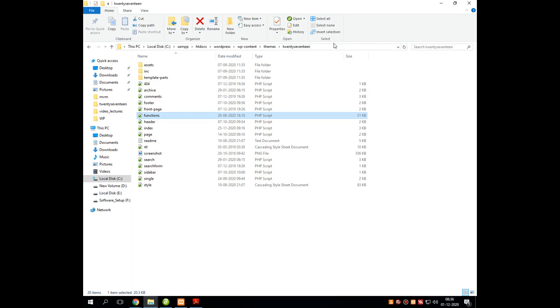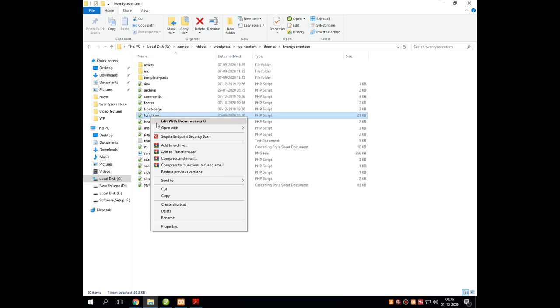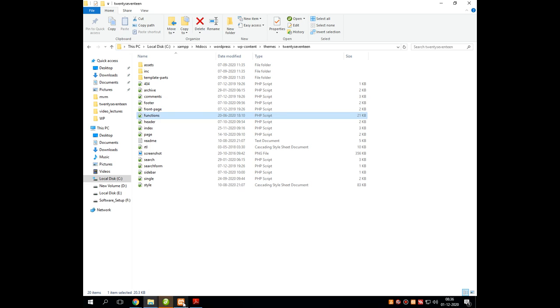As you can see, right now the WordPress 2017 theme is activated by myself for the practical purpose. I have gone into the folder of that 2017 theme through this location: C drive, XAMPP, htdocs, WordPress, wp-content, themes, twentyseventeen, and in that folder you can see the functions.php file.